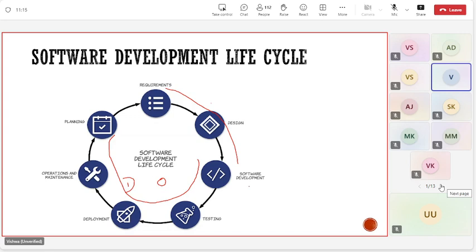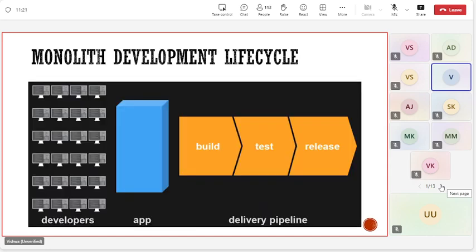Starting from software development, testing, deployment, and operation, and a bit on the planning, that's your DevOps. So why has that evolution of DevOps come into the picture? Let's quickly see that before we get into what are the services in AWS which can handle it. There used to be monolithic architecture. With this monolithic architecture, we used to have a lot of issues.